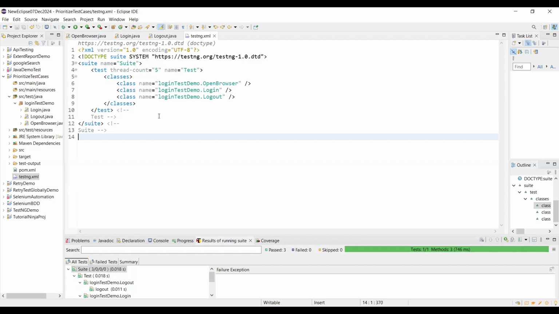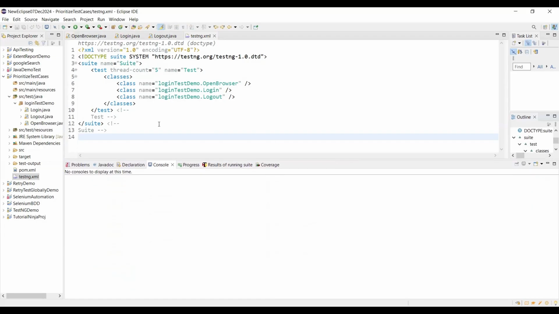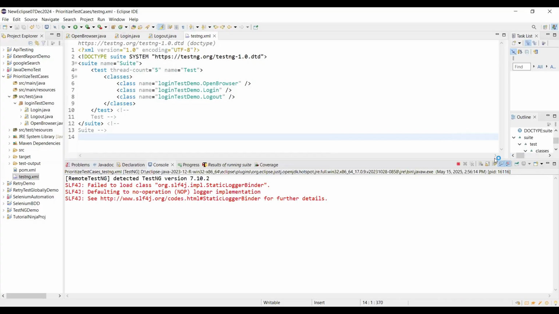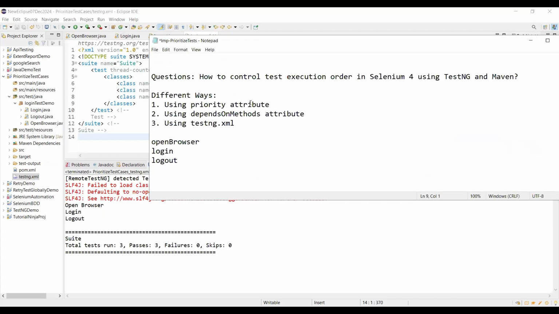In this way, we can control the order of execution from the classes point of view. Let's rerun this test and see whether it executes as per the expected order or not. Right click, run as TestNG suite. Just observe: open browser, then login, then logout. So in this way, we can control the order of execution by using the priority attribute, the dependsOnMethods attribute, and testng.xml